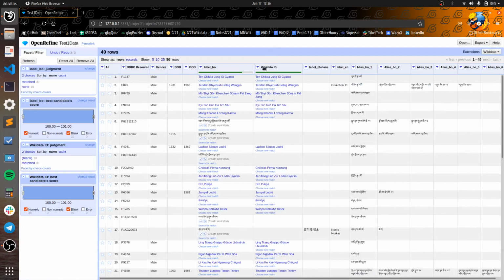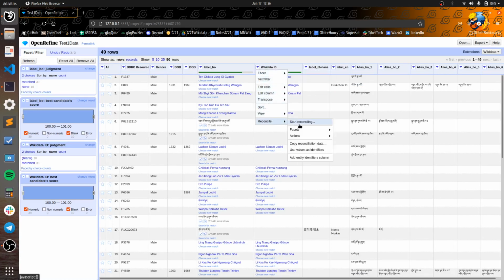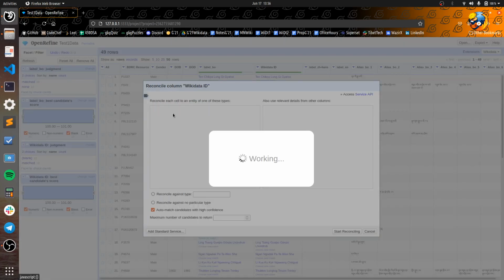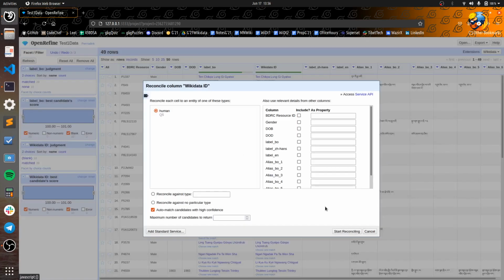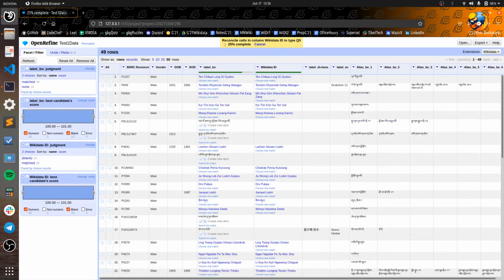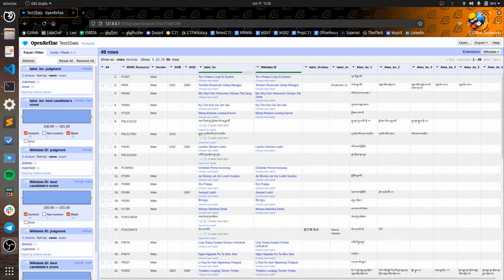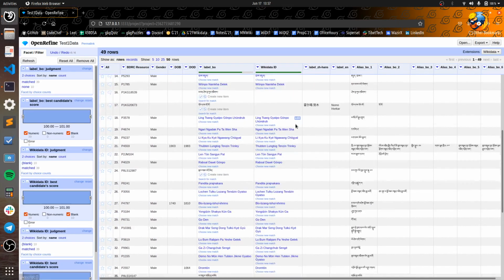This reconciling can be done pretty easily, and just the human matching is enough, and auto match. So post reconciling, we'll have a column in the Wikidata ID as you can see over here.